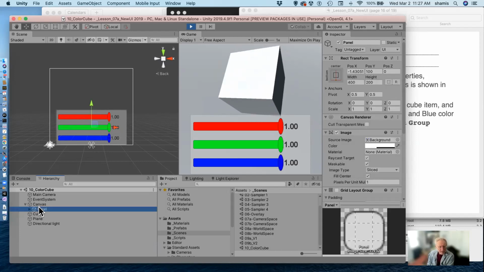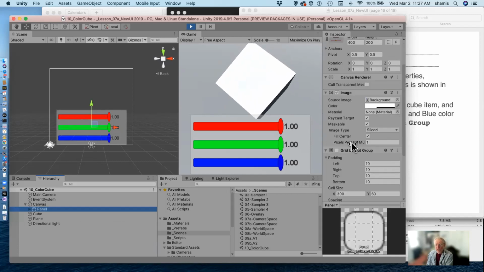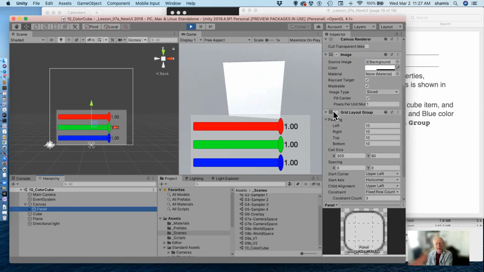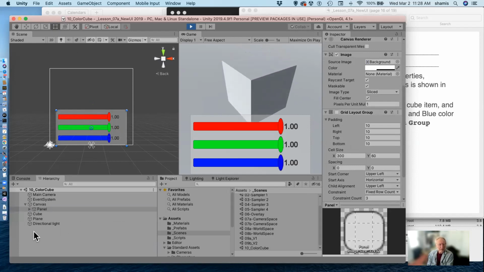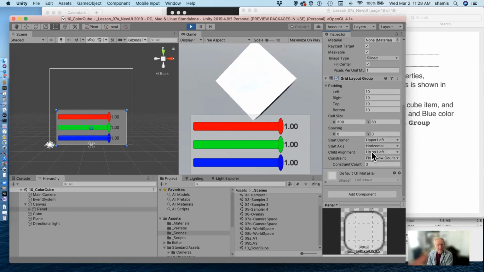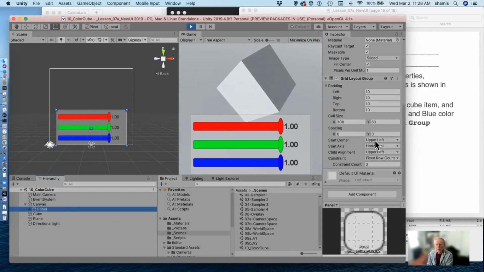I think in the panel here, I initially used a grid layout group. So with my grid layout group, which I have turned off, watch what happens when I turn it back on again. When I turn this on, that didn't happen. When I turn this on,